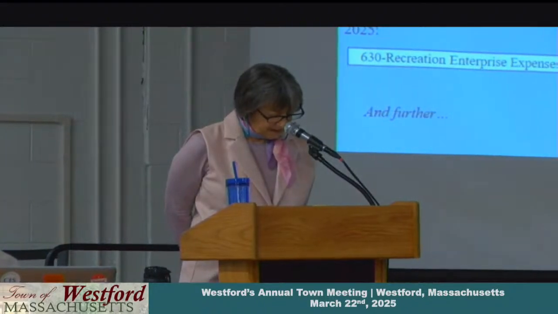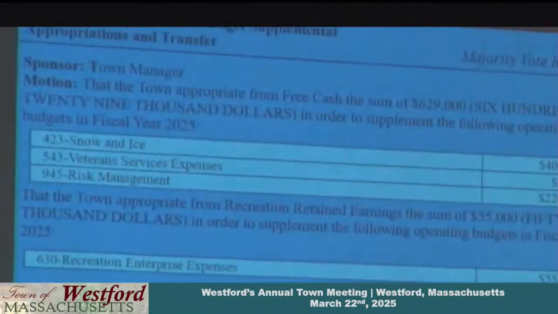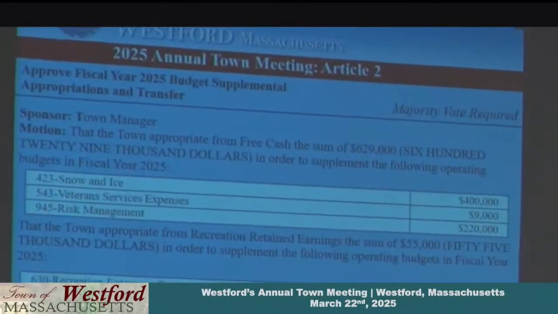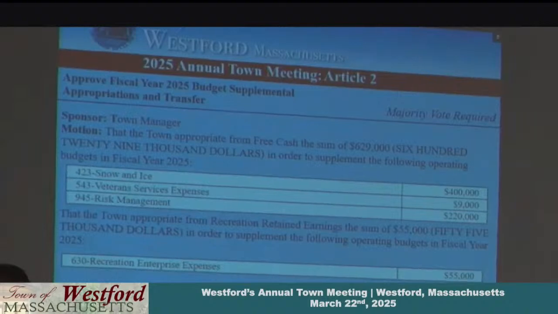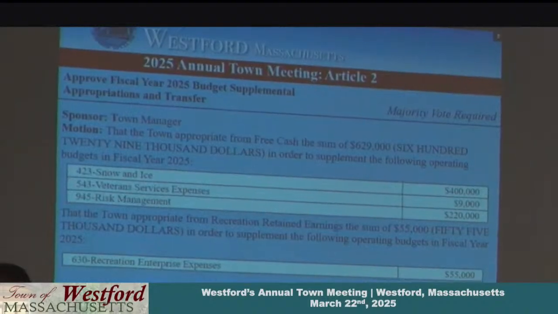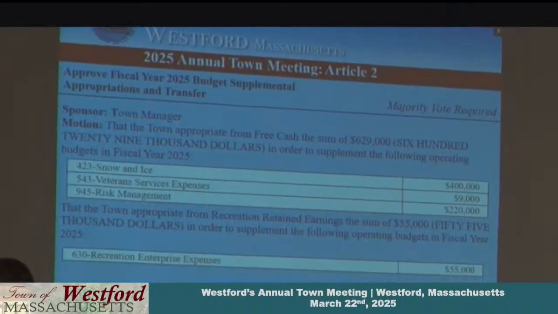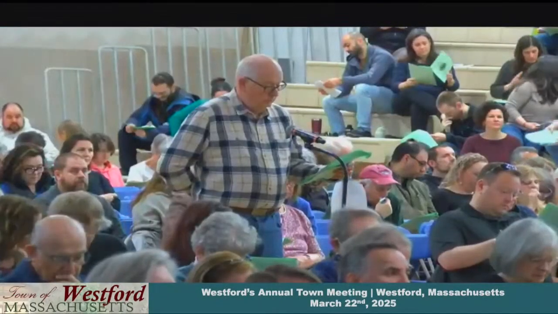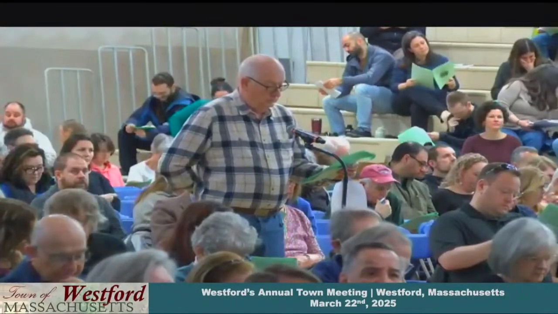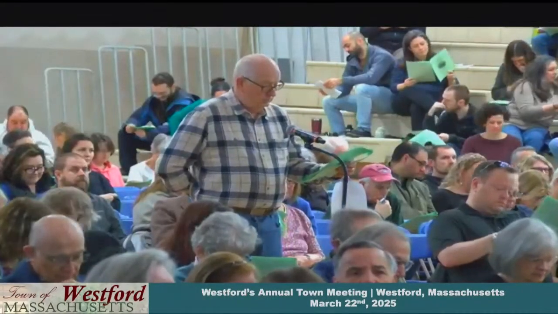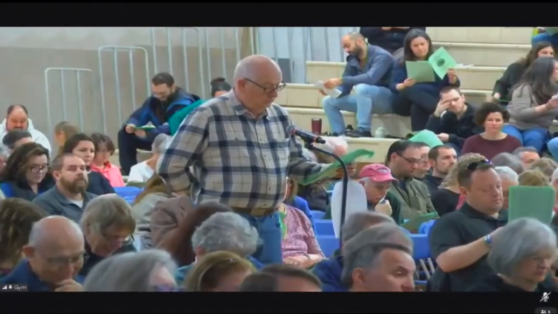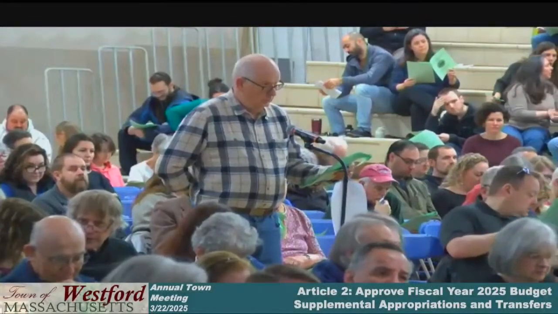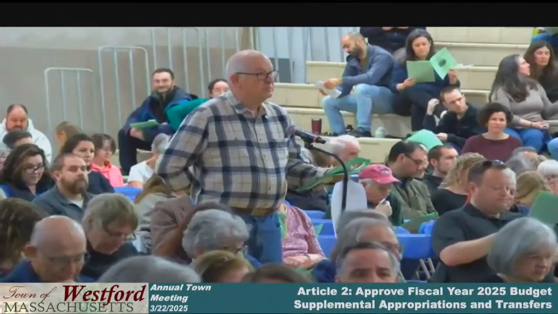expenses, and that the town make the following line item transfers within the operating budget for fiscal 2025. Library expenses, $37,000 from library personal services, from debt service, $100,000 to town capital projects fund, and from debt service, $285,000 for school capital projects fund. Is there a second to the motion?